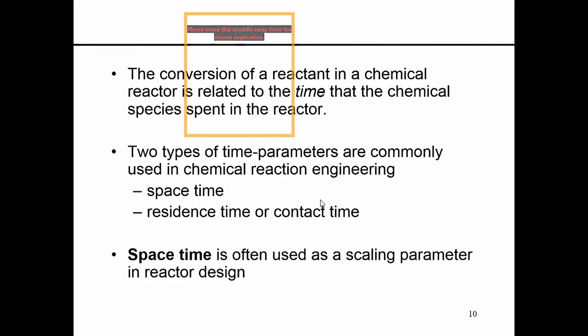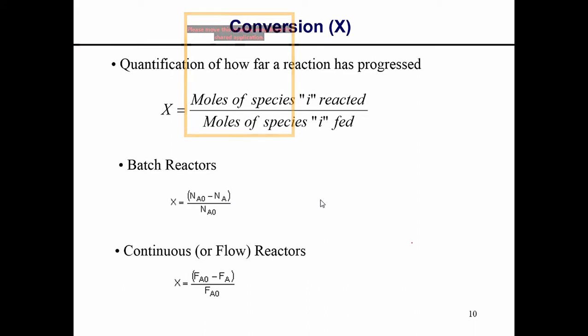Another aspect that you need to know for this topic is conversion. We denote it as X. Because in the reactor, normally we convert reactant to product, so we need to quantify it with conversion. So what is conversion? Conversion is how far the reaction has progressed. So the formula is this,